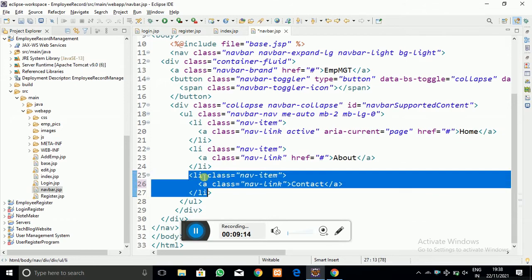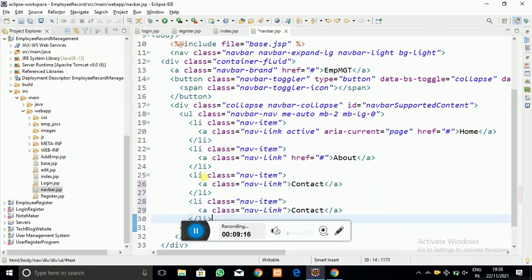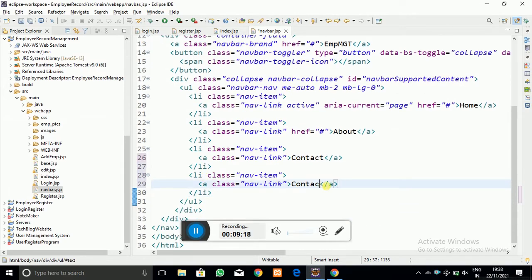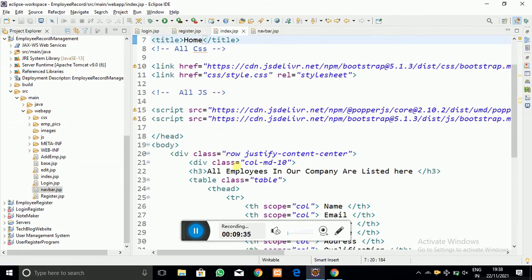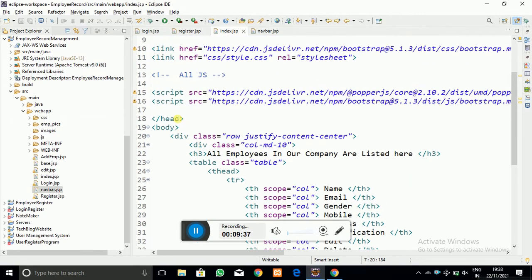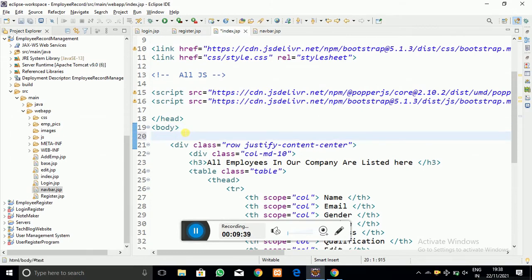and I am going to add another link. I just copy this li tag and paste it here, and that link is for login or register, as I have shown you in the demo video. Here you can see the navigation bar which is going to be created in front of you. Let me run this and see. First of all, let me add it into the index page. So how do we add it?